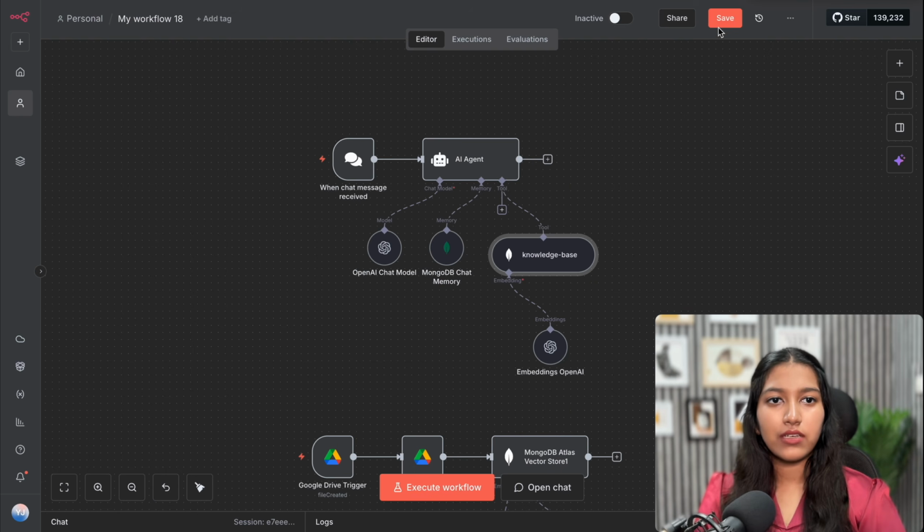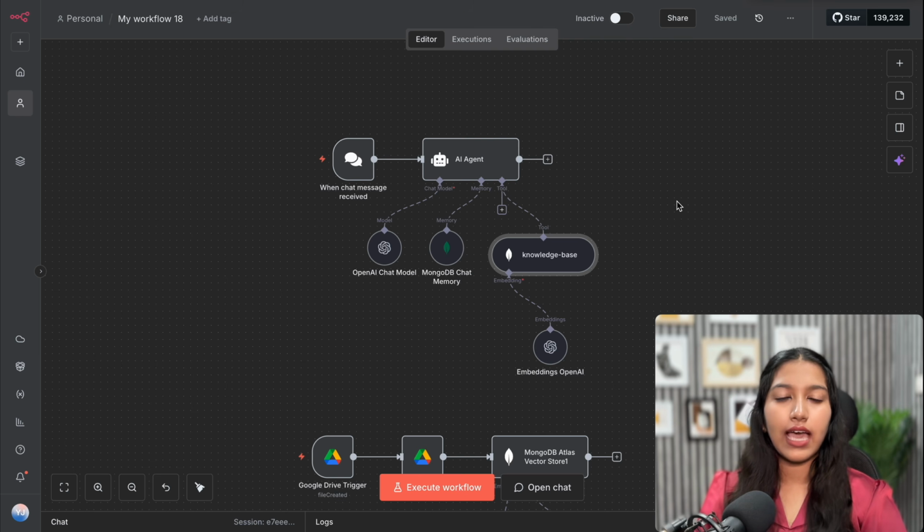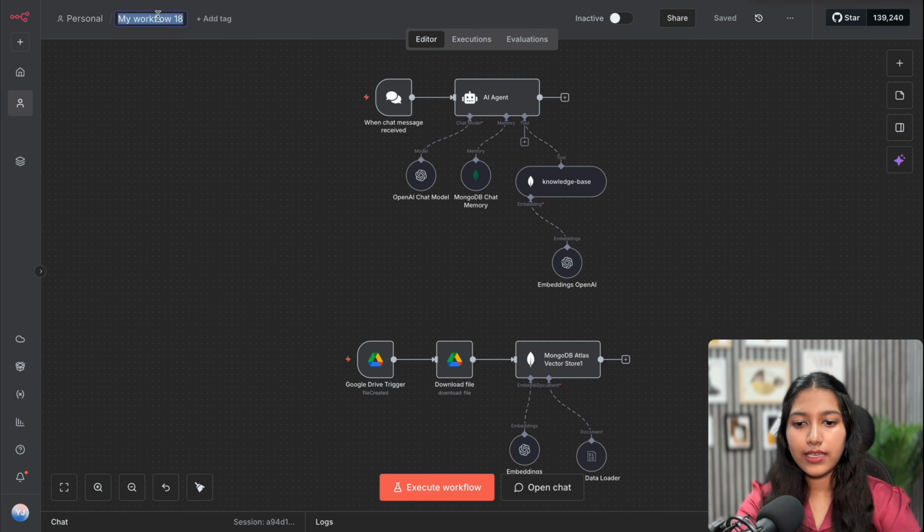Okay, so no matter which AI agent you're creating, just add in the prompt what happens when someone asks it a question that it does not know the answer to. So you can simply ask it to call this particular tool in that case. And yes, let's not forget to rename the automation. So let's call it RAG agent, and in brackets, I'll just put MongoDB so that I know that I'm using MongoDB as the vector store.